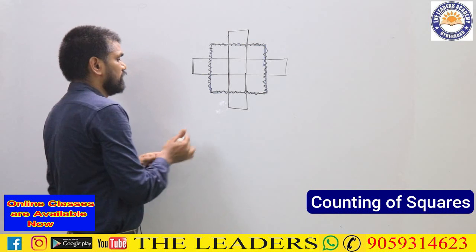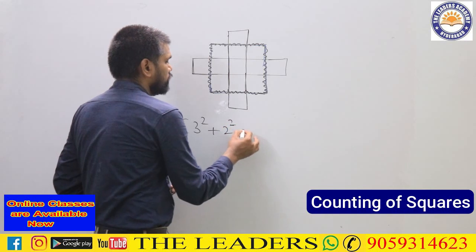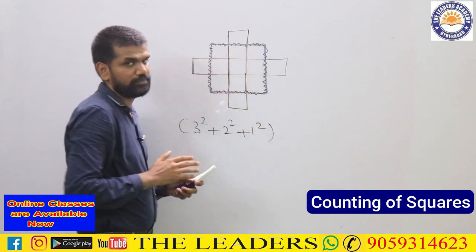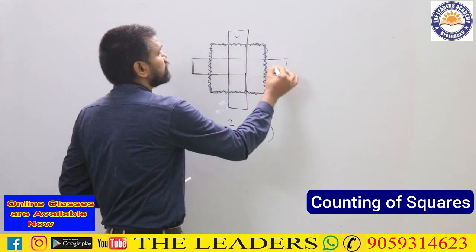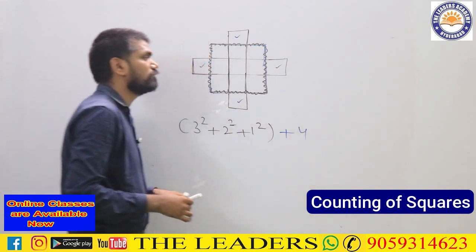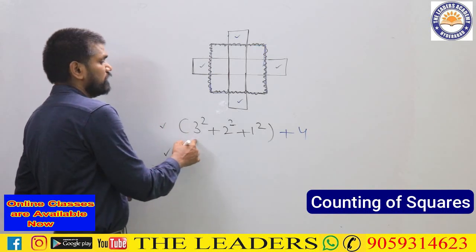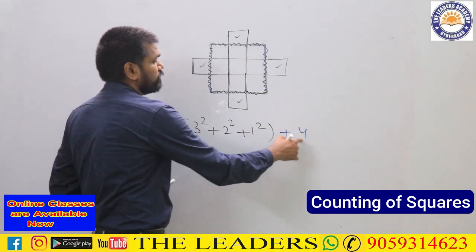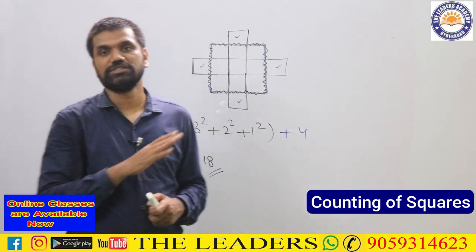That 3 by 3 square grid will give you how many squares in total? 3 square plus 2 square plus 1 square. Those are the number of squares inside this particular structure that I am highlighting. Apart from those, we are still having some squares extra. What are those extra squares over here? We are having 4 squares extra. So plus 4 is what I am going to take over there. So in total, we are going to get how many squares over here? That will give you 9 plus 4, 13, 13 plus 1, 14. 14 plus 4 will give you in total how much? 18. So that will be the number of squares in this particular diagram.